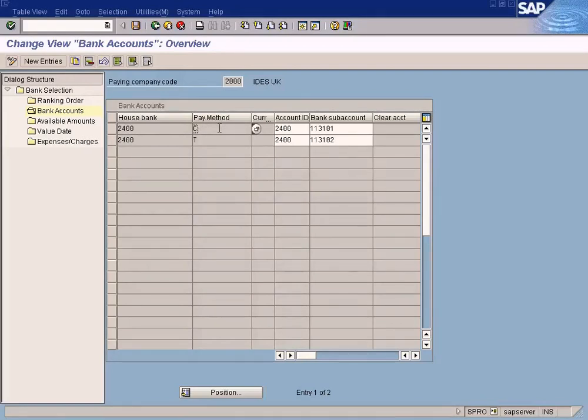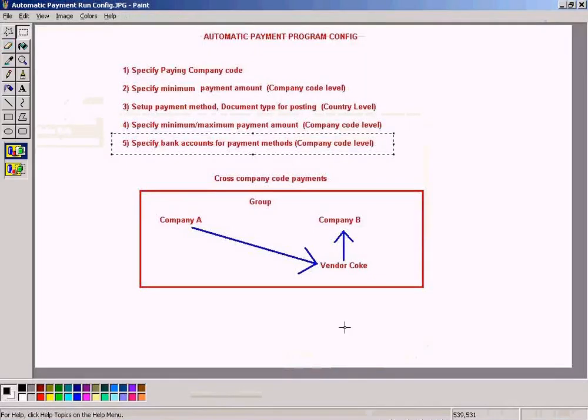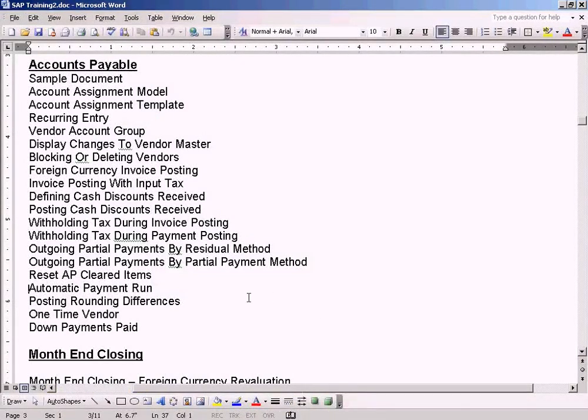For this payment method, this is the house bank, this is the bank account that will be linked with the payment method. So when the automatic payment run uses this payment method to make the payment, the money will be deducted from this bank account. I will explain to you how to set up this bank account briefly later,